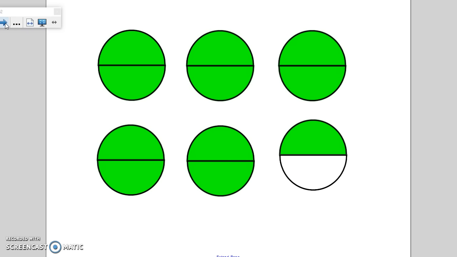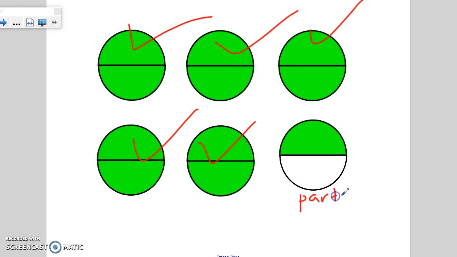Let's say that I'm sitting down at Infinitos with a group of friends, and we order some pizzas and we eat some pizzas. And you can see we could eat a lot of pizzas. We ate 1, 2, 3, 4, 5 whole pizzas, and that wasn't enough for our entire group. So then we ordered a 6th pizza, and we were able to eat a part or a fraction of that